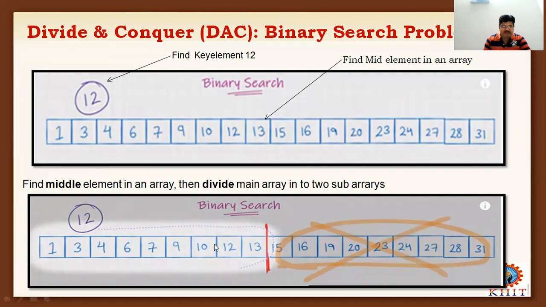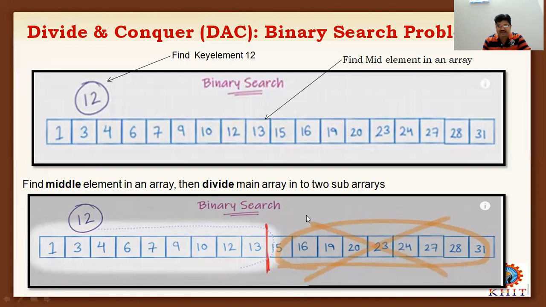Now here we can find out the first element. The first element is 1, the last element is 13, and find out the middle element also in this case. So here we can consider only the left subarray. We are not considering the right side subarray. Once the given array is divided into two subarrays, we consider the left subarray. We simply ignore the right side subarray.